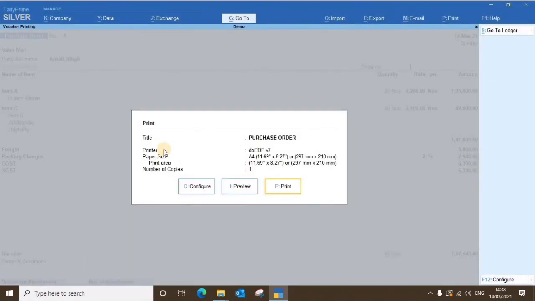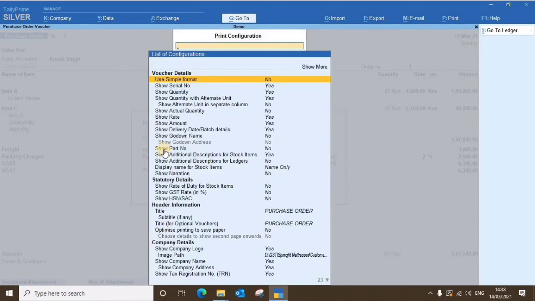Okay, how to disable this option, just escape this screen. Now see which option should be printed, or which option you want to display on your printout. Just press configuration here. This is the most important, and this is a totally different screen from the earlier version of Tally. In the earlier version it was very easy, but here it is a little bit typical, but when you use it, it is very easy for you.